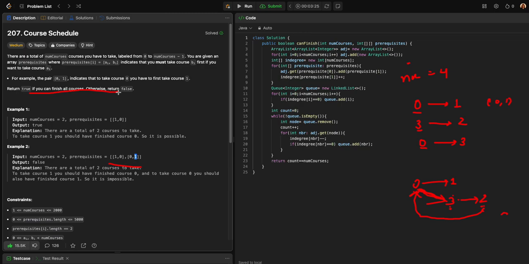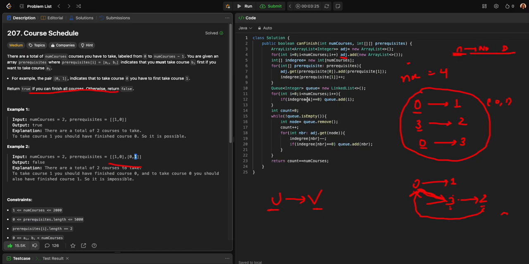As I mentioned, it's a classic topological sort. What topological sort tells us is that there is a node u, and a node v, which denotes that before reaching v, we have to reach u. That's a similar pattern we can see here as well. So what we are going to do is map down all these connections in the form of an adjacency graph, and once that is done, we can pick up all those nodes which have no dependency,